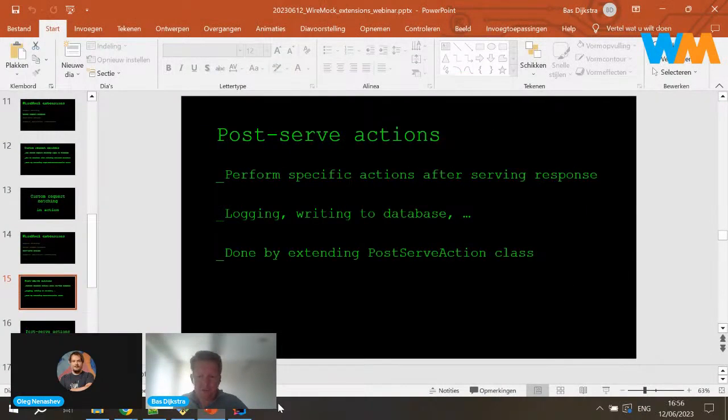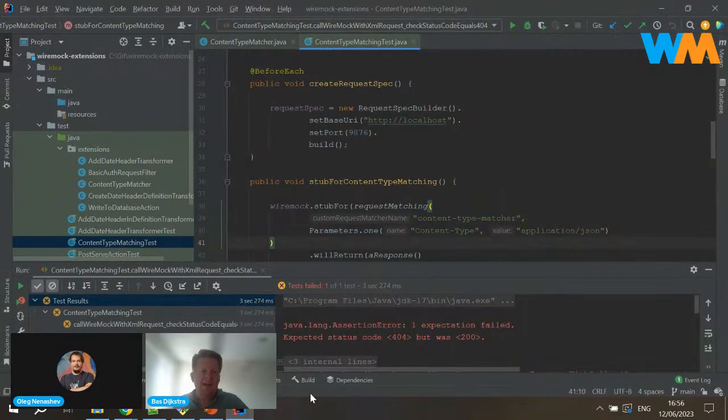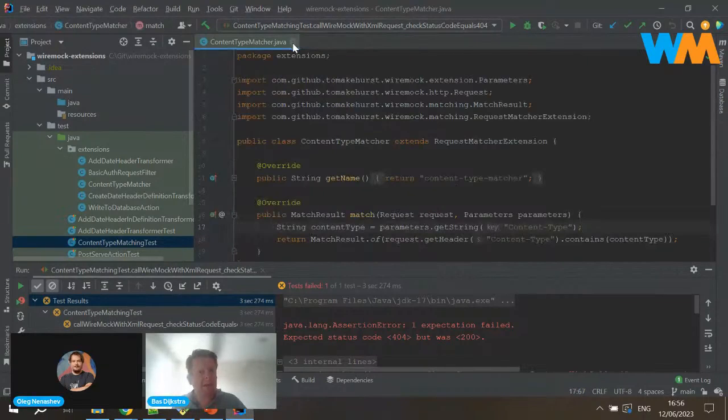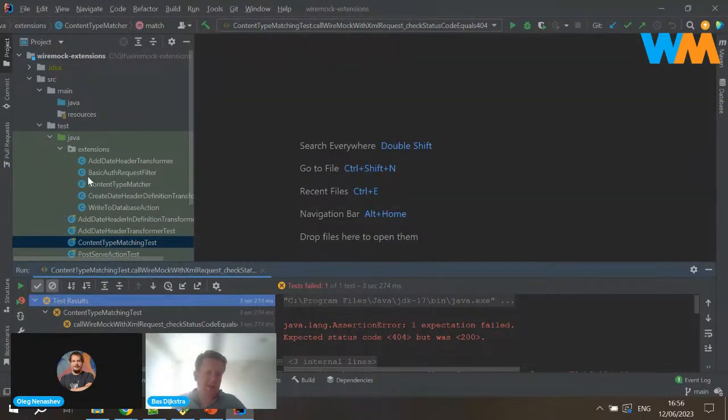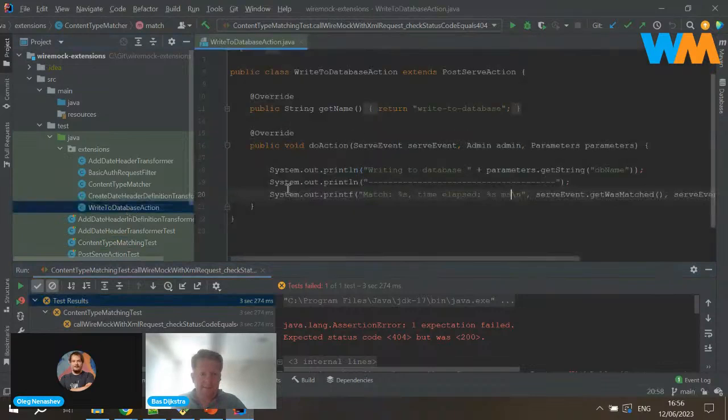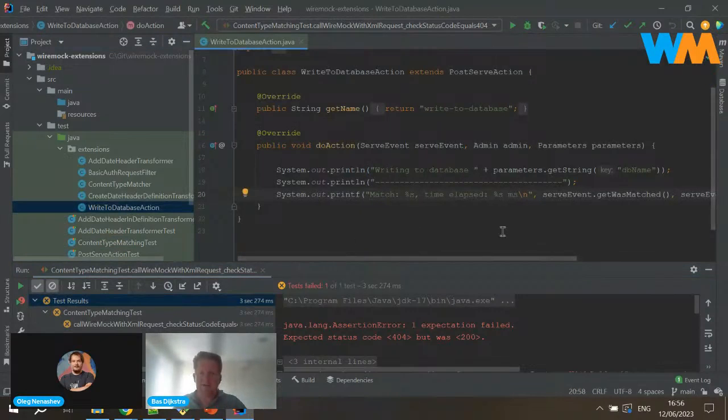I'm going to go through the other two a little bit more quickly because the principle is the same. You extend the class, you define the behavior, and you load the extension into WireMock. I've got an extension here that is admittedly simple and pretty straightforward.